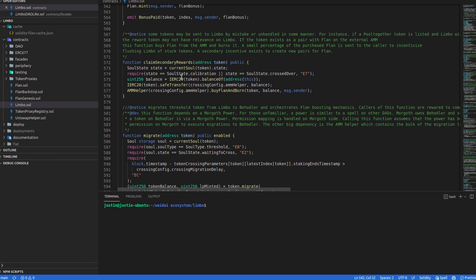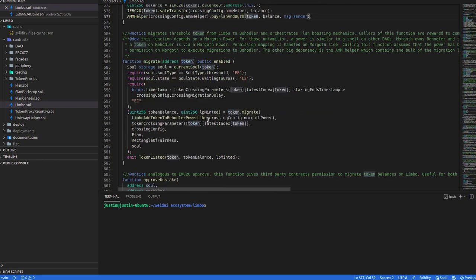So, like for instance, if we listed a pool together token, that pool together token might win something from wherever it comes from, and that something might not be a token listed on Limbo, but it might be that the Limbo stake of that pool together token wins, and then Limbo gets some reward and no one does anything with it. So claim secondary reward is just to get at that.